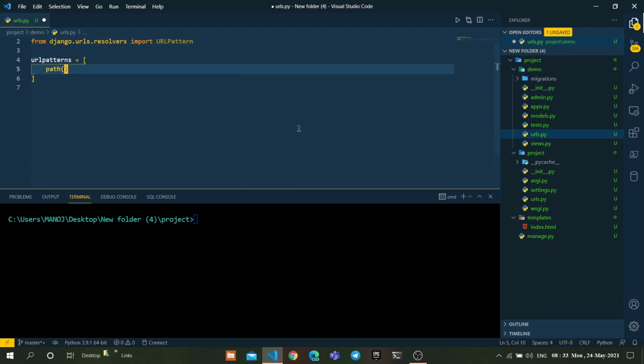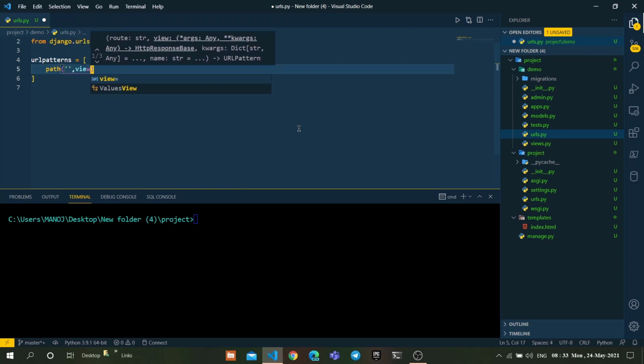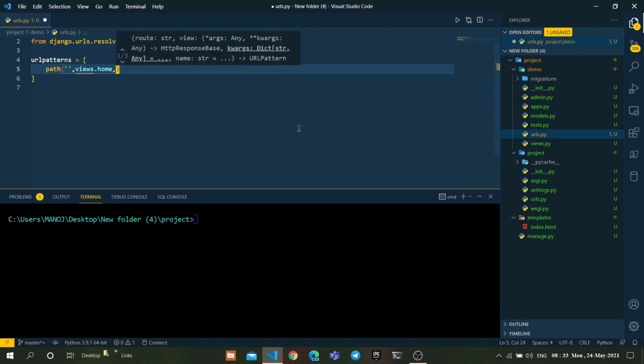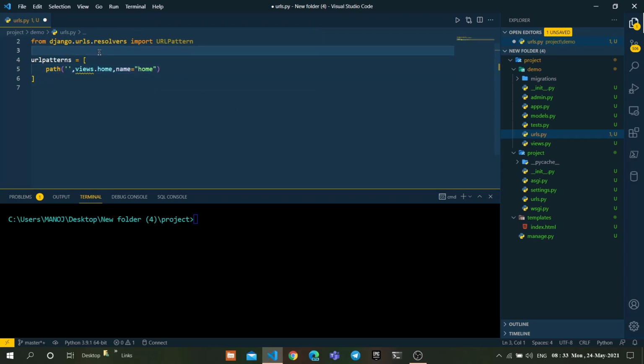I am going to write my first path as the localhost path, where single quotes represent the localhost, use views.home, name equal to home. As you can see, we are getting a warning for views. To resolve it, write this line: from . import views.